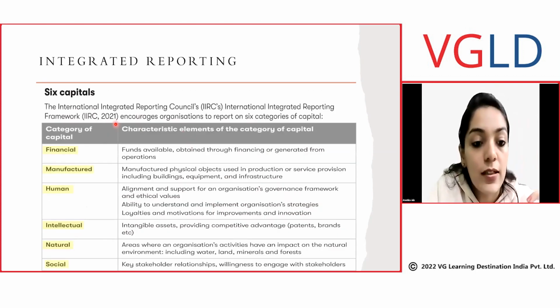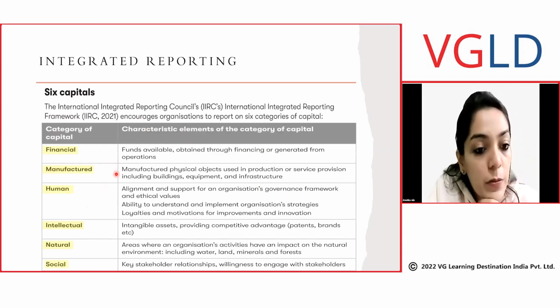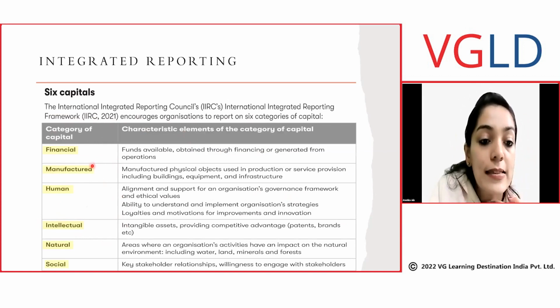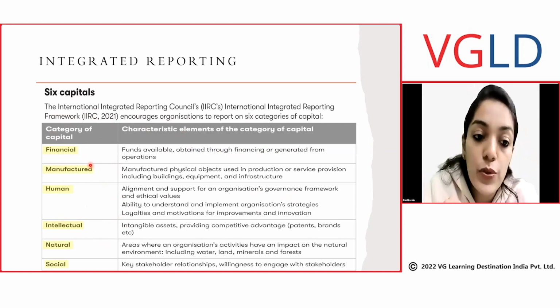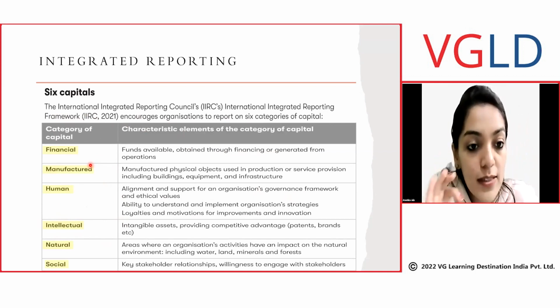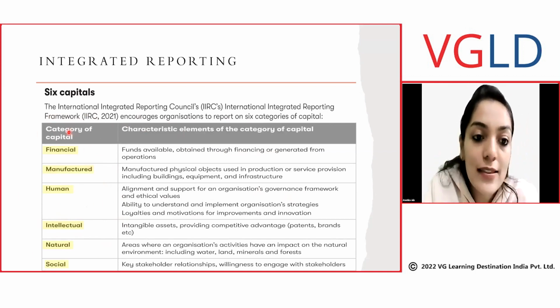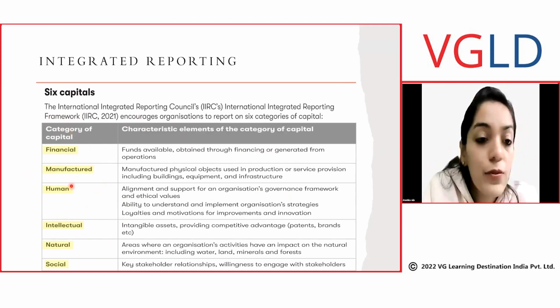This sheet, you can add it in your summary notes. Integrated reporting, add these 6 capitals. So if there is a question on integrated reporting, you will have to classify the question scenario within these 6 capitals. And for that, you need to remember what these 6 capitals are. It will not be given to you. Okay. So what are the 6